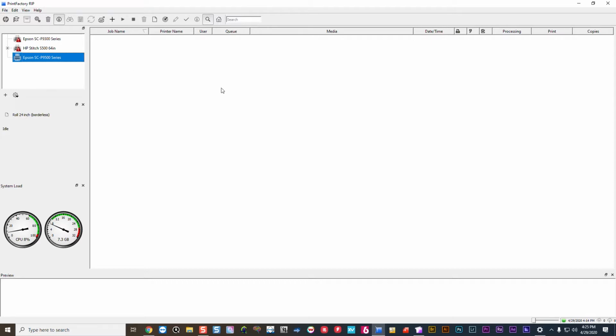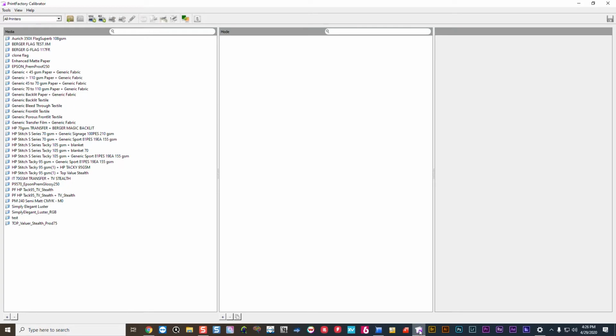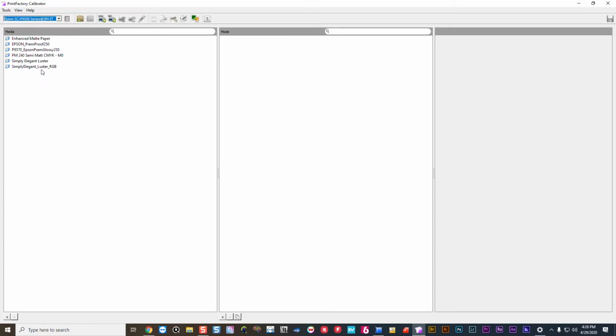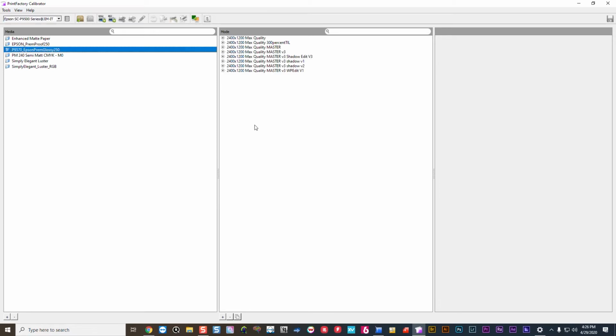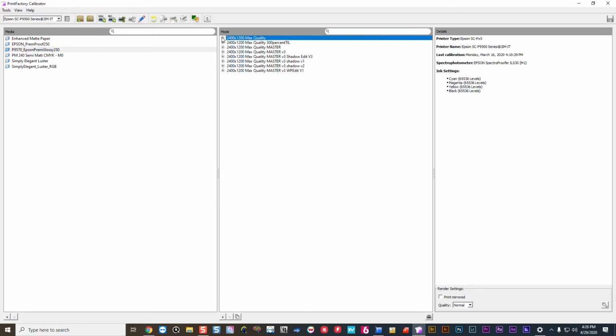A lot of people don't realize where the spot color libraries are. They're assuming that there's some sort of a module that you would click on to open up a tool where you would find your different printers and workflows and things like that. Well, essentially that tool lies within the GMG PrintFactory calibrator. In here I'll go ahead and select one of these printers and choose the glossy media. Let's just choose this one at the top here,